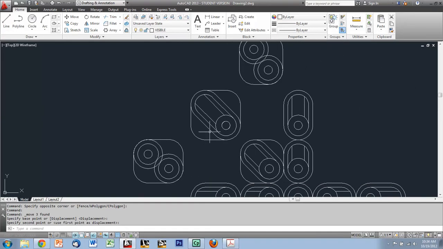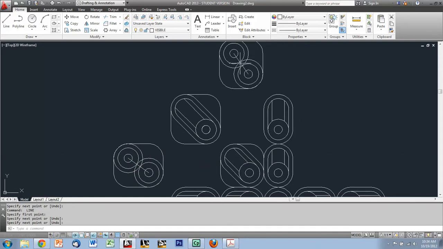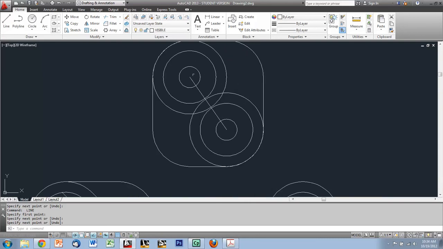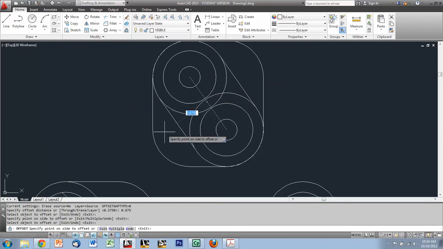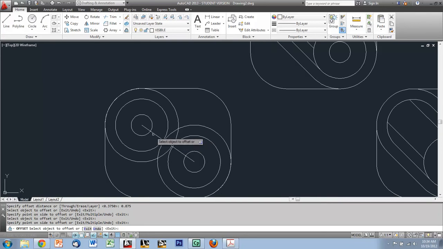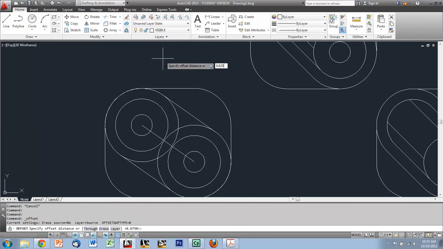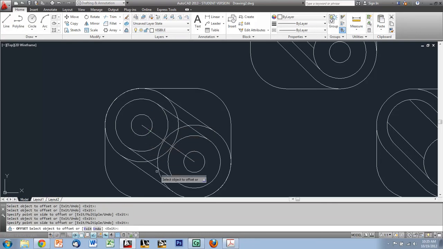Now I'm going to draw my center lines for each rectangle. Okay, so we've got those in there. Now we're ready to do some offsetting. So I'm going to offset to the outside 0.875. So I'll offset this one up and down. And I'm going to come down here and do the same thing. Up and down. Hit escape, and we're going to go back to the offset command, and this time we're going to do 0.625. Offset up and down,